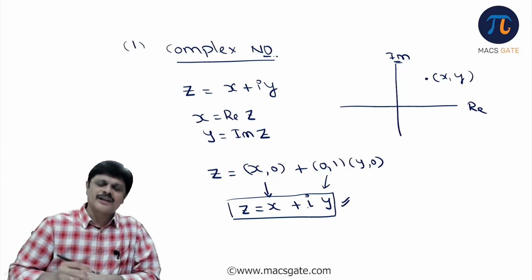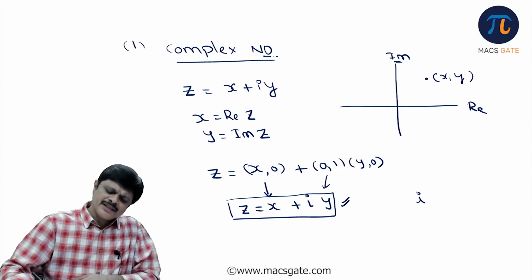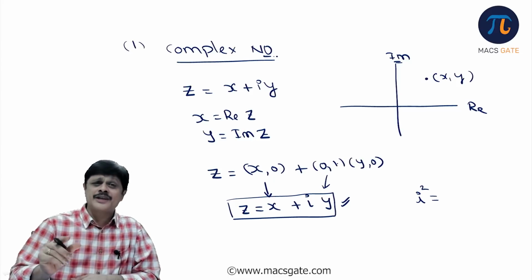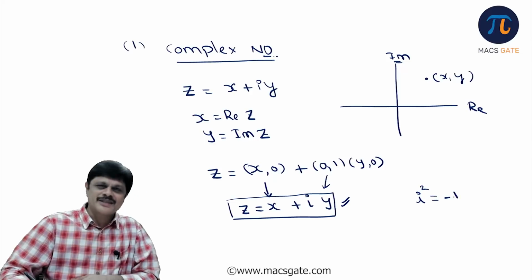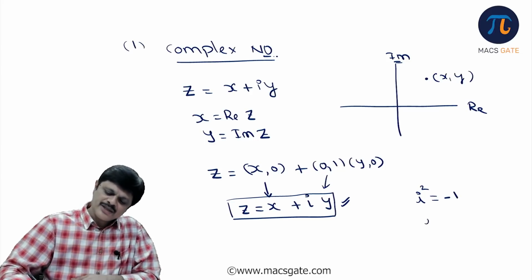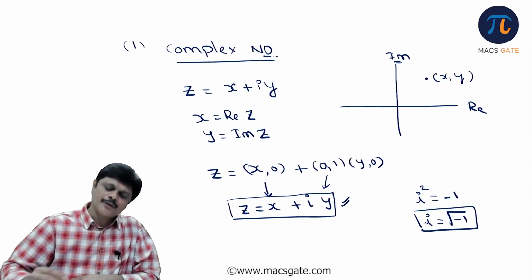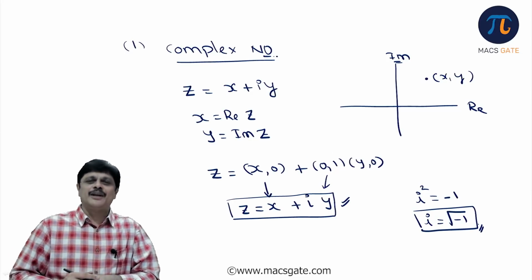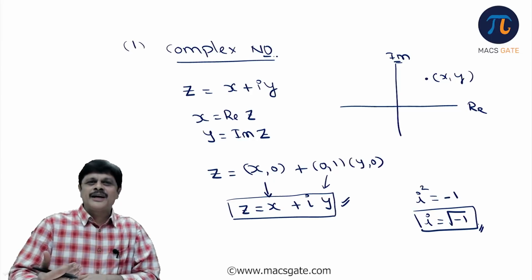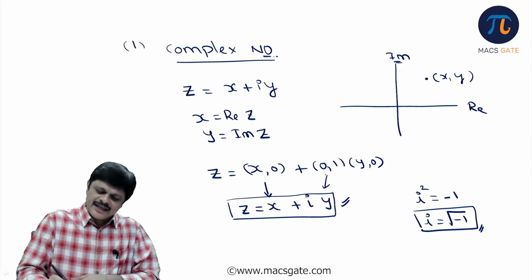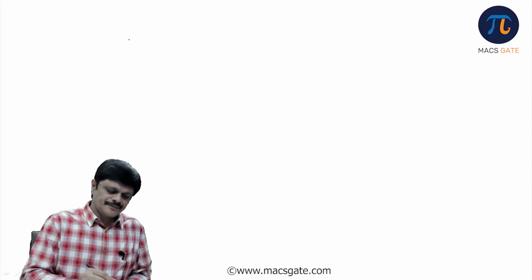Actually from this you get this particular form. Is the idea clear? And actually this i square: when you multiply (0, 1) with (0, 1), if you understand the multiplication of ordered pairs, we get (-1, 0), and that is why i square is minus 1, therefore i will be under root minus 1. I am not getting into the addition and multiplication of complex numbers. I am just trying to give you a simple idea. Is the idea clear? So this is a complex number.